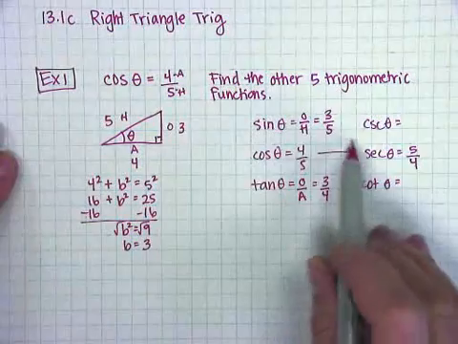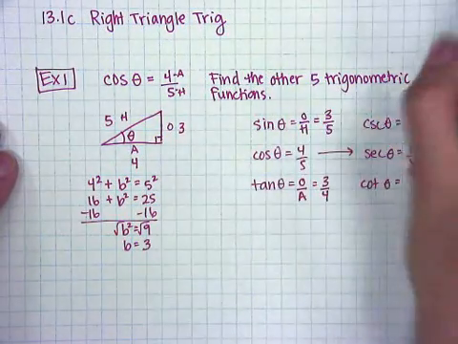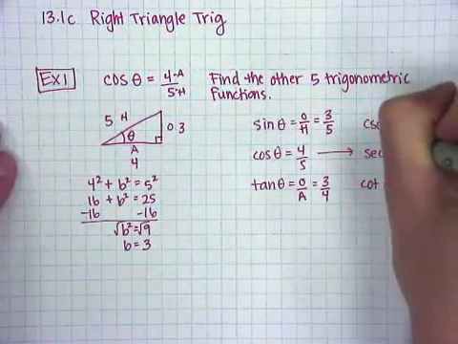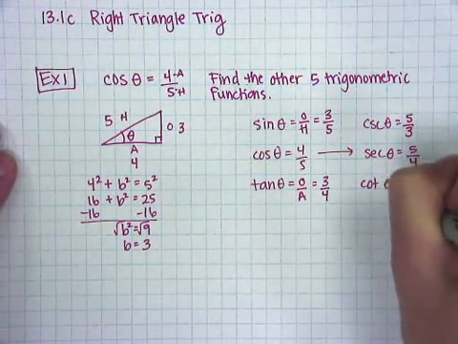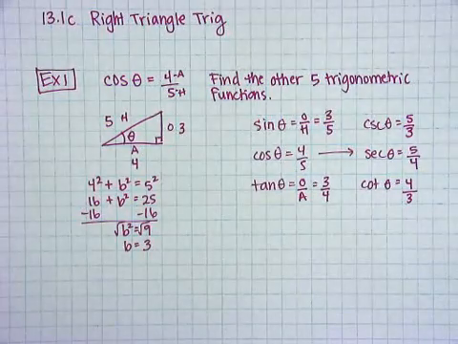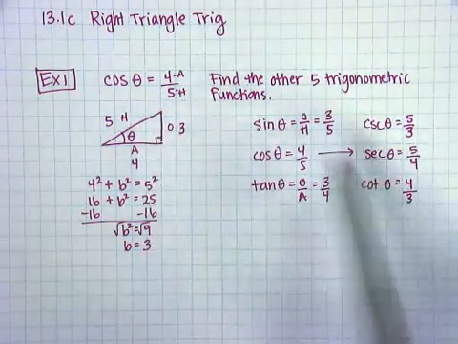And then once I have sine and tangent, I can just use the reciprocals. So the reciprocal of 3 over 5 is 5 over 3. The reciprocal of 3 over 4 is 4 over 3. You just flip them upside down. And you're done. You found the 5 missing trig functions other than cosine,